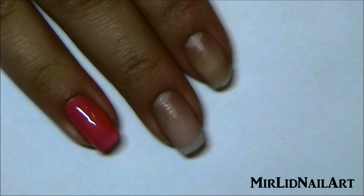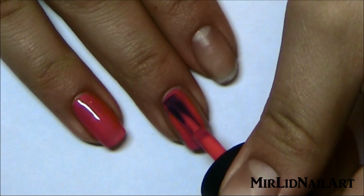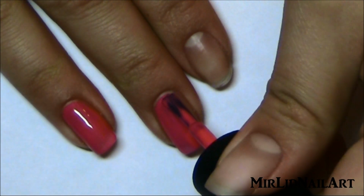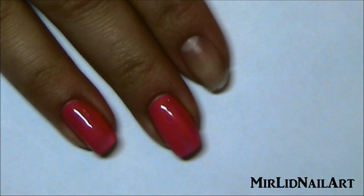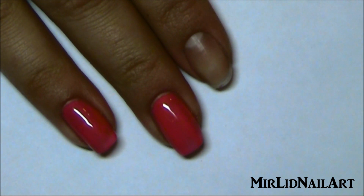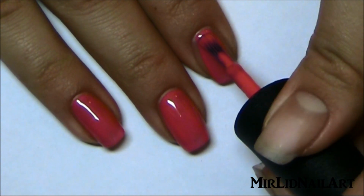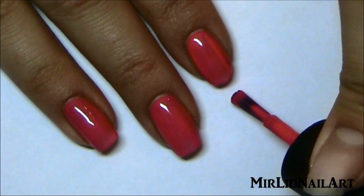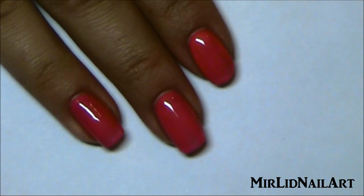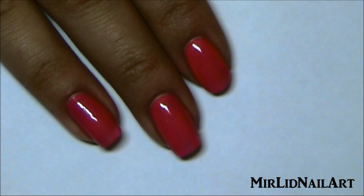It goes on really easily, and since it's a cream, it has good opacity. 2 coats is still recommended, because unless you put on a really thick coat, the first one will be a little bit streaky. Maybe not if you just put a little bit more. I think it might have been a bit thin coat here, but here is one coat of Suzy's Hungary Again. And for coat number 2,